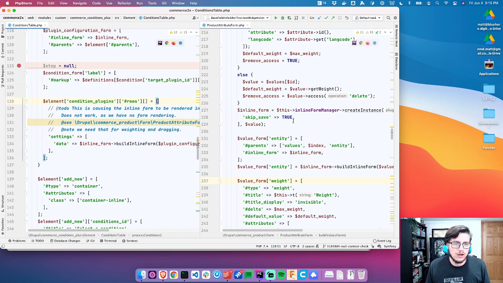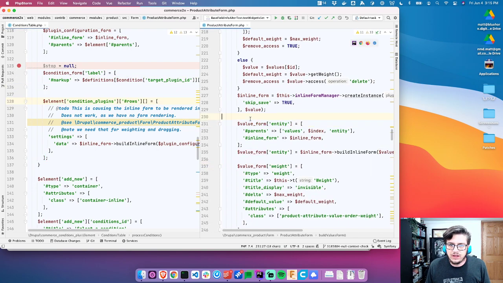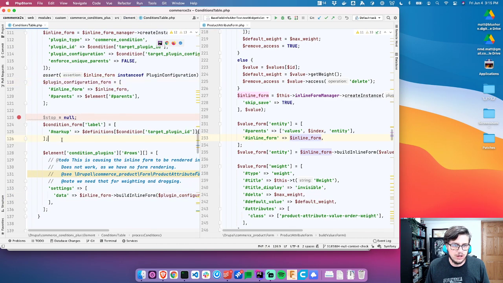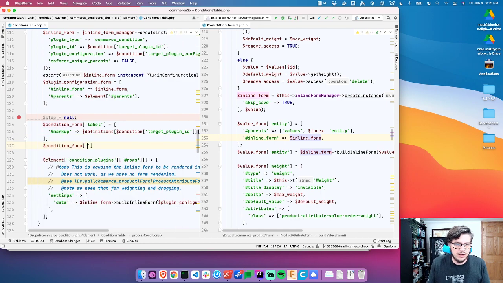So now we're here, and as you'll see in this part, we have value form entity, parents, and inline form, which inline form is create instance. So we have plugin configuration form right here. So let's go ahead and do condition form. We'll call it settings equals an array. And based off of this, build inline entity form, we'll have this equal